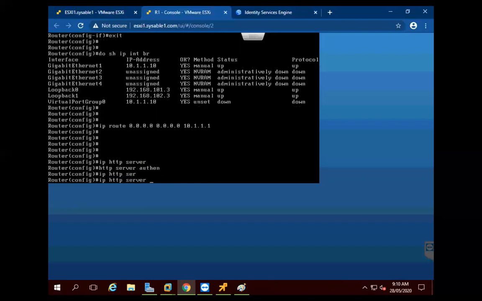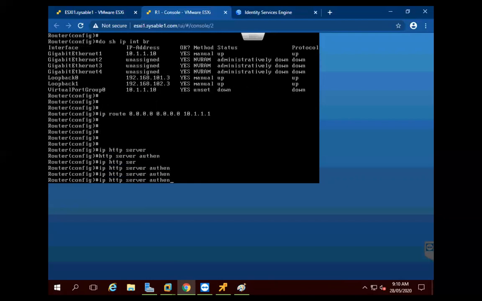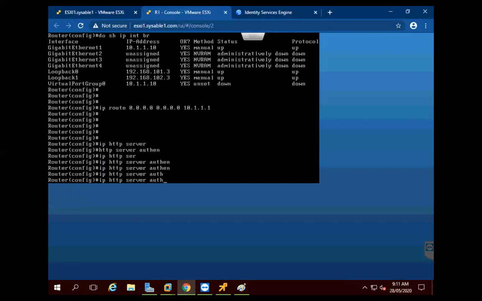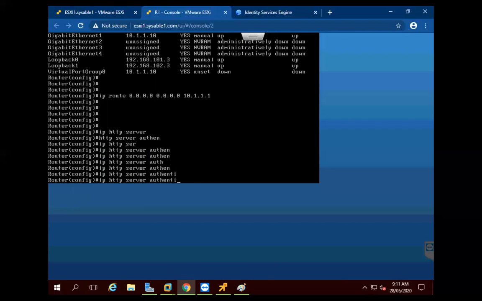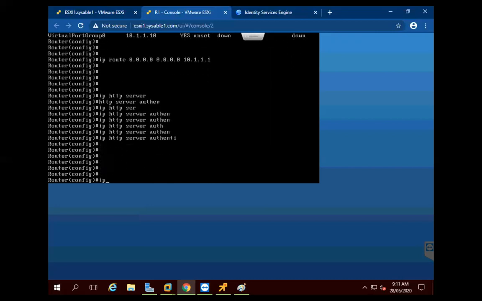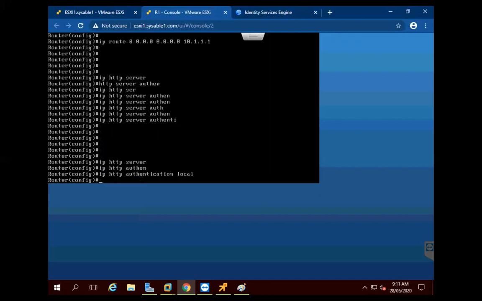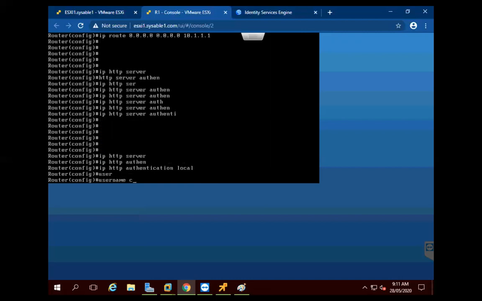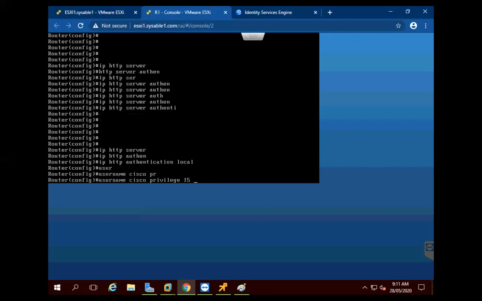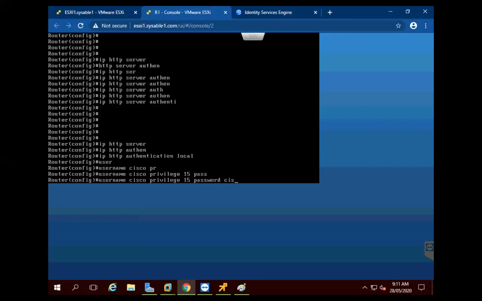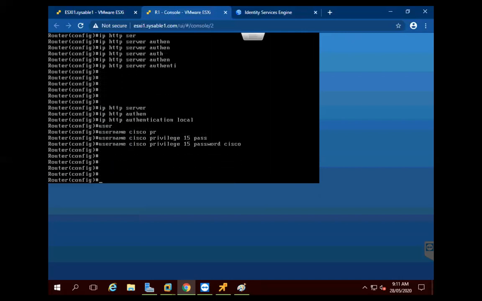IP HTTP authentication local, and then I will give a username as cisco. I will give a privilege of 15 and password as cisco. So now the configuration of the router has been done.